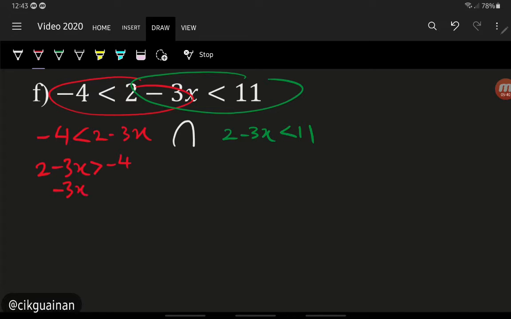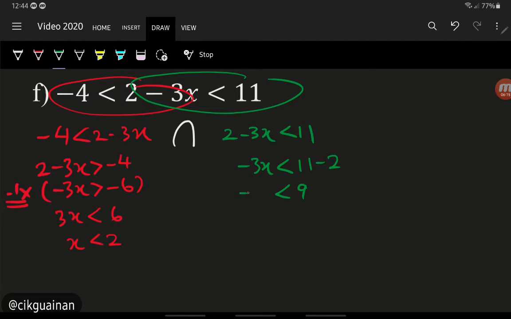Okay, so minus 3x greater than minus 6. Then we have to multiply by minus 1 on both sides. So we have 3x less than 6. Then we have x less than 2. Why do we change the sign? Because we multiply the inequality by minus 1. Okay, for this one, minus 3x less than 11, 11 minus 2 is